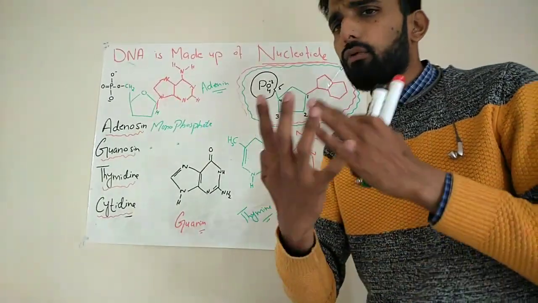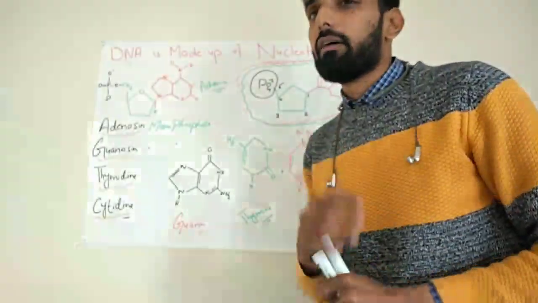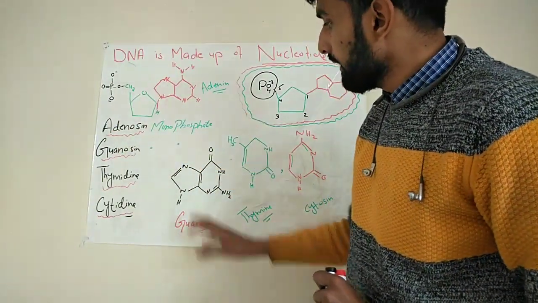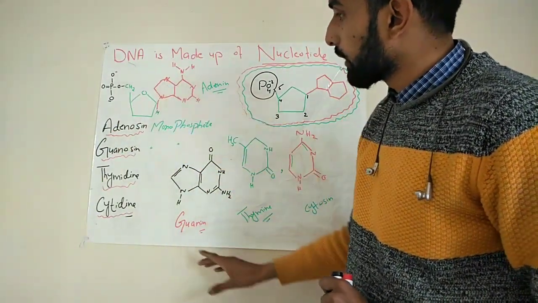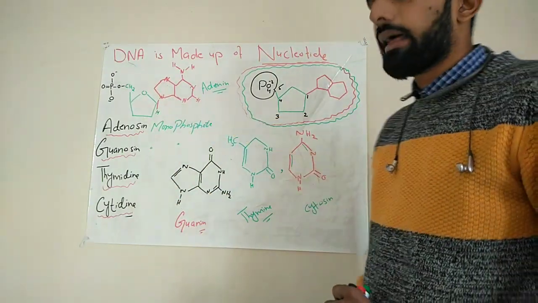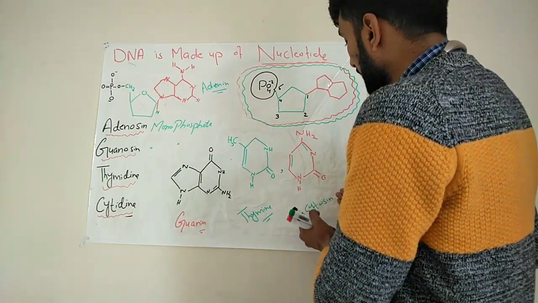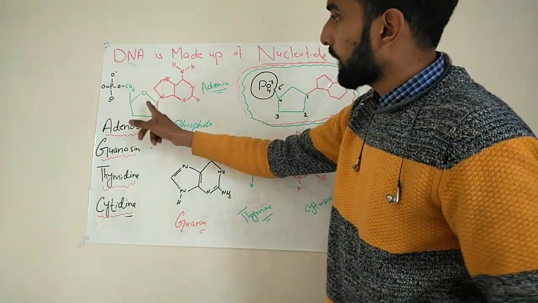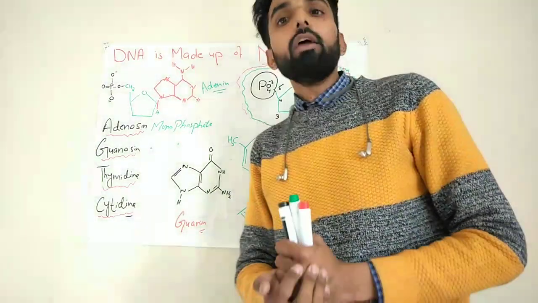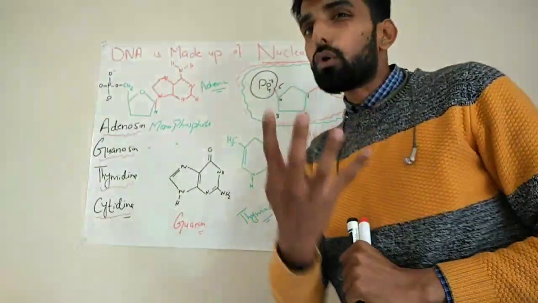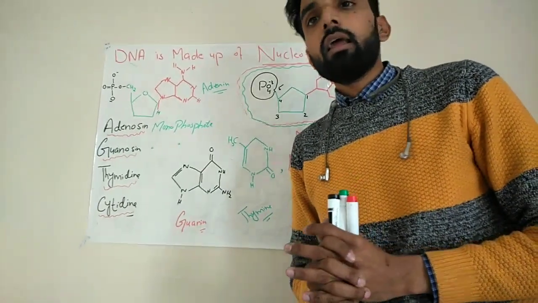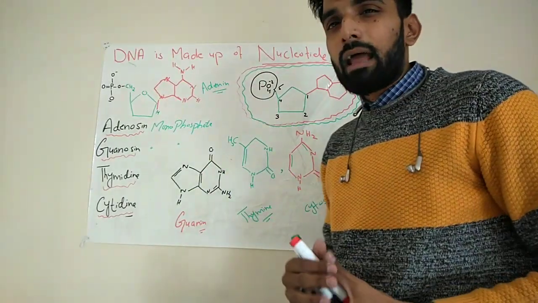So there are basically 4 types of nucleotides in our DNA. Adenosine monophosphate, if guanine is present right here, it will be guanosine monophosphate. If thymine is present over here, it will be called thymidine monophosphate. Similarly, if cytosine is attached to the carbon number 1 of ribose sugar, it will be called cytidine monophosphate. These are the 4 nucleotides that make our DNA structure, and how these nucleotides are attached we will discuss